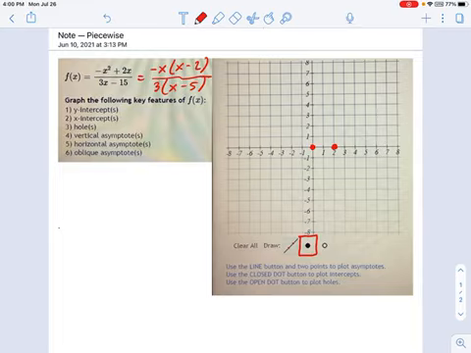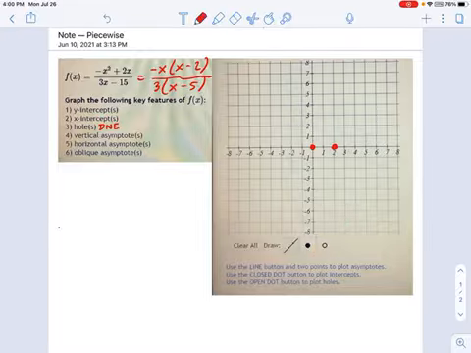Is there a hole in the function? In this case, there is not. There's no factor on the top which is also on the bottom. So that's a DNE, and I'm just not going to put it on the graph. If you have a problem that has a hole in it, you would use this button right here, the open circle, and you would find the XY location of the hole and plot that on the graph, just like a point, except you're using this open circle indicator right there.